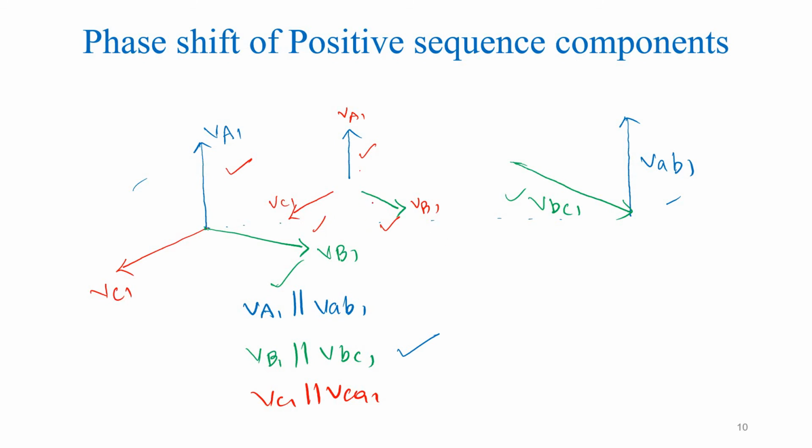So how am I forming? This phasor I am bringing here and this phasor I am taking this side, so I can form the delta connection. So now what I am going to do? This VC1, so parallel to this I should take one more so that I can close this delta connection. That's it. So this is VCA1. Now you can see VA1 is parallel to VAB1. VB1 is parallel to VBC1 and VC1 is parallel to VCA1. So now we have satisfied all these three conditions.